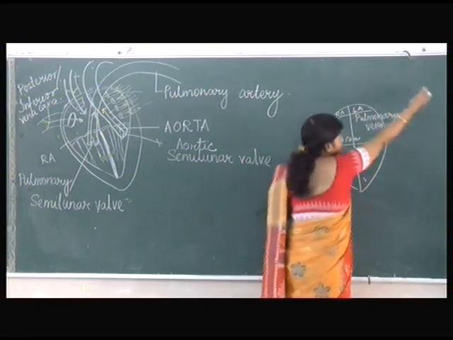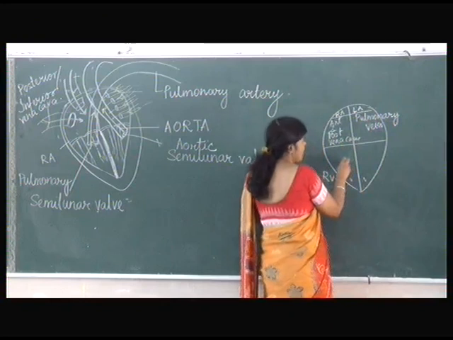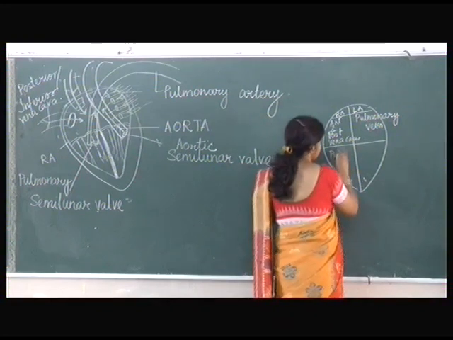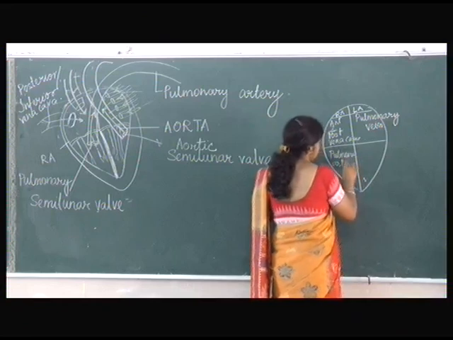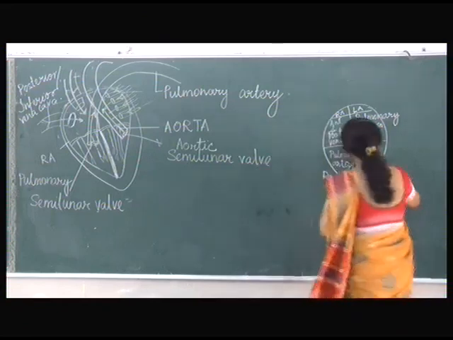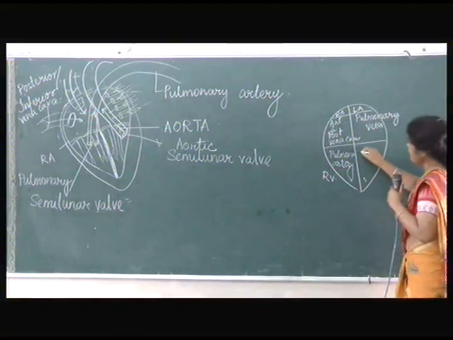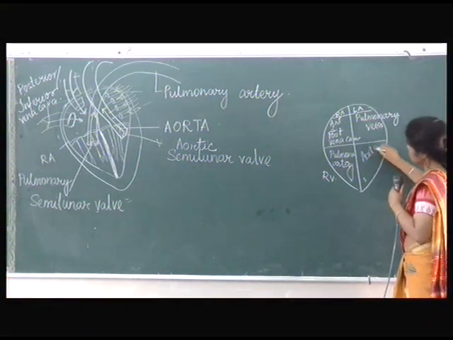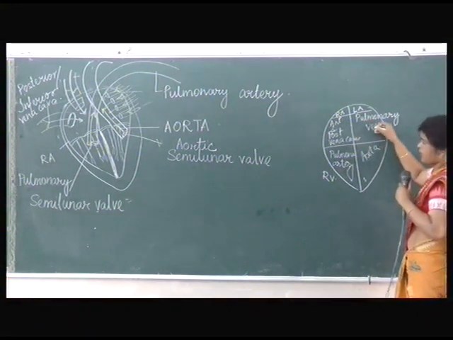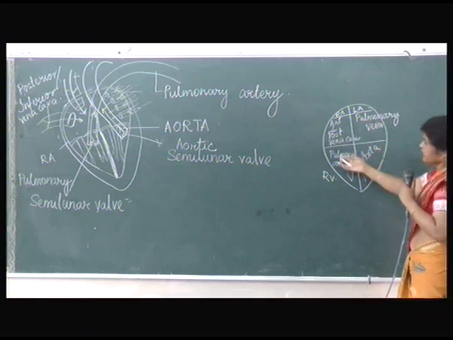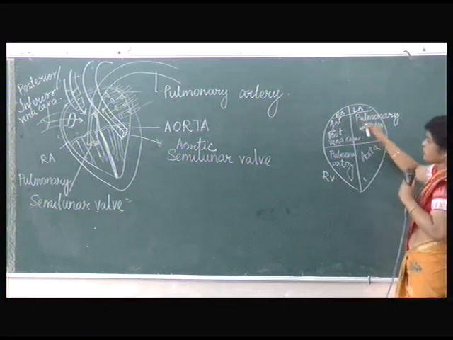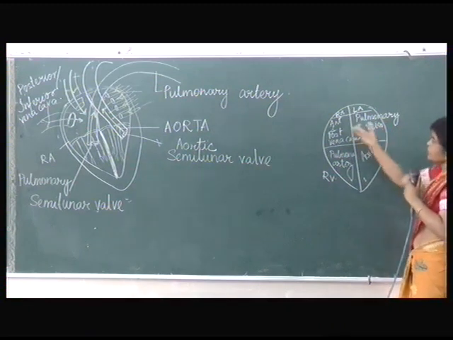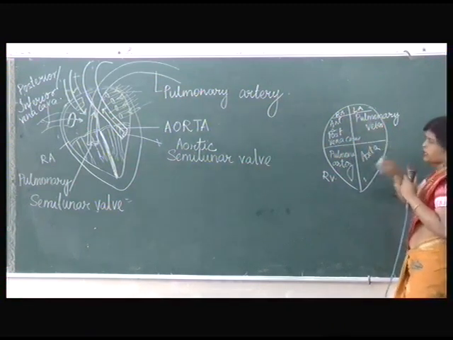So, blood is moving away from the heart, so it has to be an artery. Which artery is present here? Pulmonary artery. Is it clear? And which artery? This is also sending blood out of the heart, the aorta. These two are arteries, these two are veins. Why are these arteries? Because they are the distributing chambers, they have to send blood out of the heart. Why are these two veins? Because they are receiving, so the vein brings blood towards the heart.